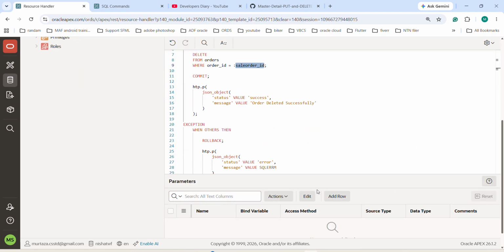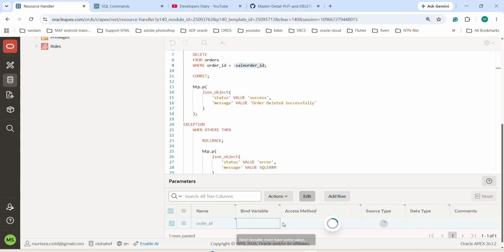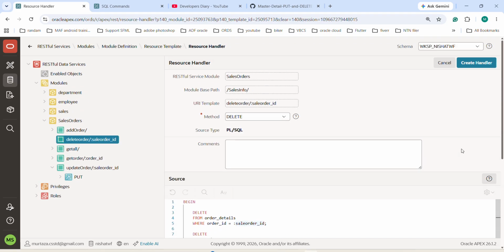And here we have to bind the variable. Now create this handler,